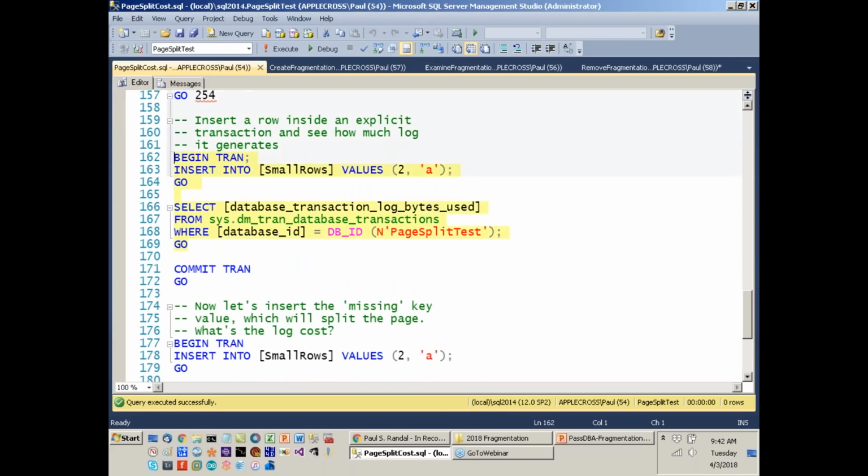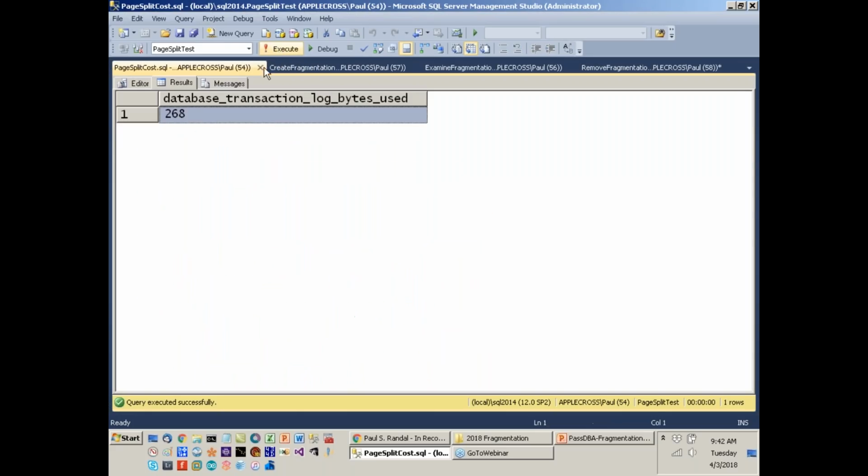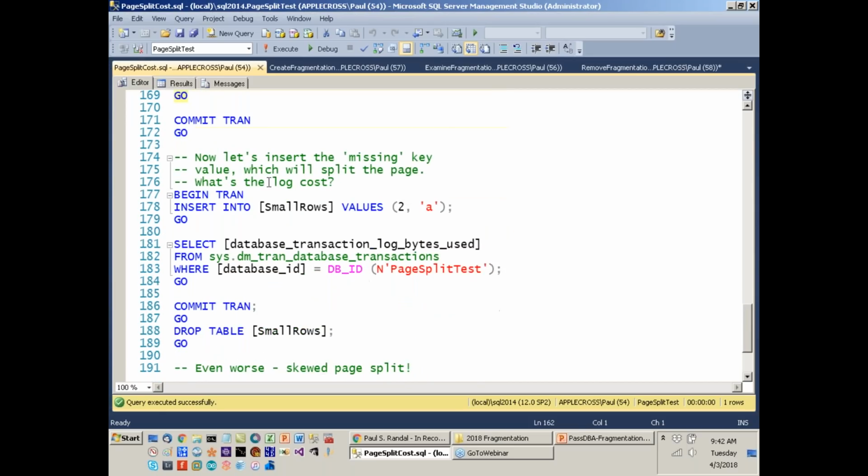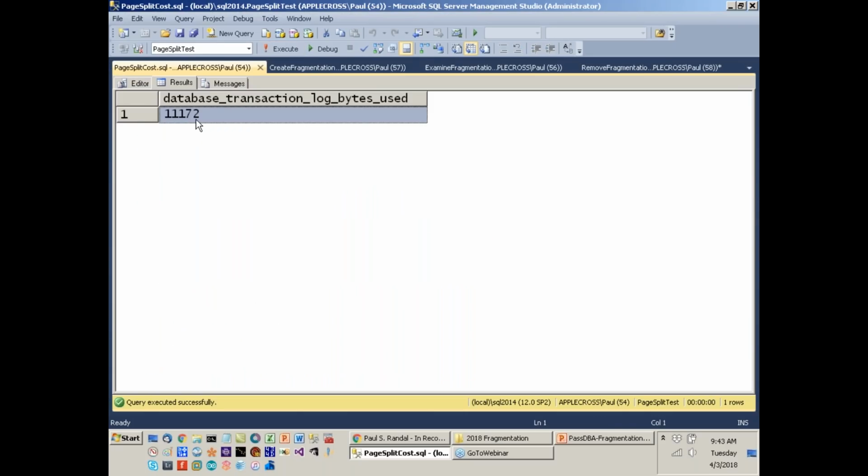Now in this case, my insert is doing, without a page split, 268 bytes versus 11,172 bytes. So that's what, 40, 45 times more transaction log because of a page split, albeit a skewed page split. If we'd done a 50-50 page split there, it would have been about 6,000, 7,000 bytes, which would have been about 20 times more transaction log.